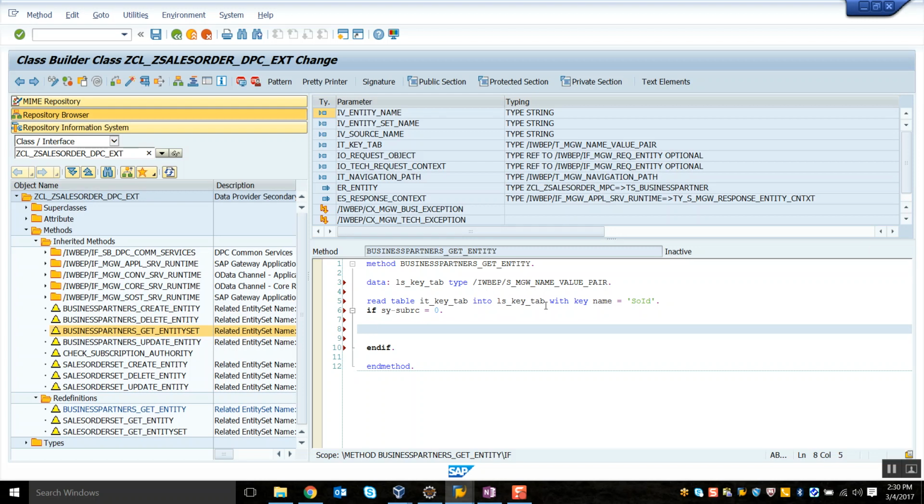So we have read this key field information,